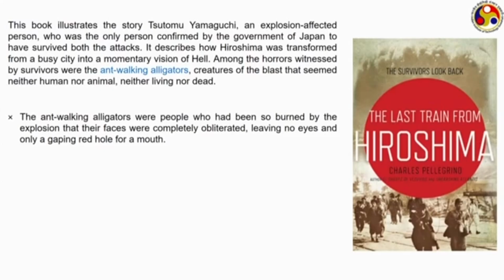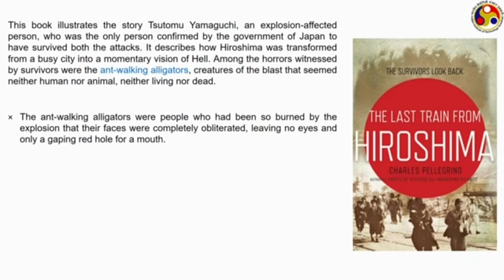One of the most horrific experiences the survivors found was something known as the ant-walking alligators, creatures of the blast that seem neither human nor animal, neither living nor dead. I do not want to show the images of that. If any of you have a strong heart, you can search on internet with this term and you can find those horrific pictures. But these ant-walking alligators referred to the persons who had been burned by the explosions to such an extent